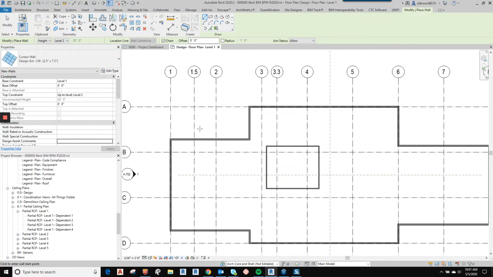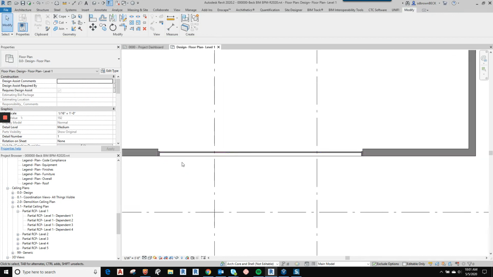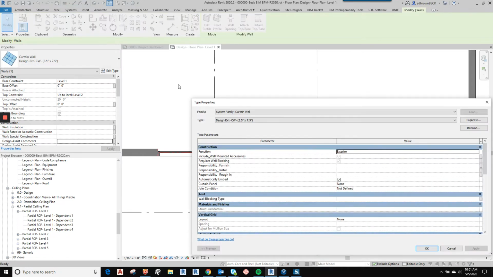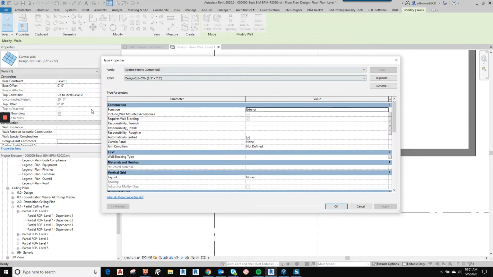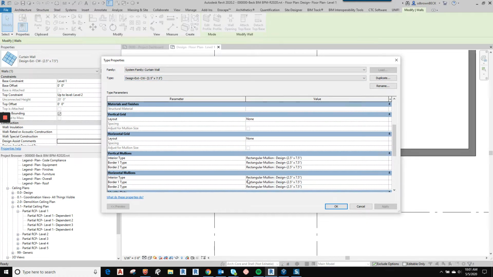So the curtain wall, you just click and drag and it cuts out the wall. I want to show you why it does that in case you ever didn't want it to do that. The curtain wall assembly has a button here called automatically embed, and if that's checked, it will cut out the host for you. You can see that this is a 2.5 by 7.5 inch system, and it gets defined right